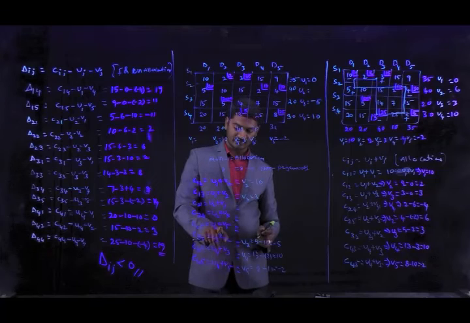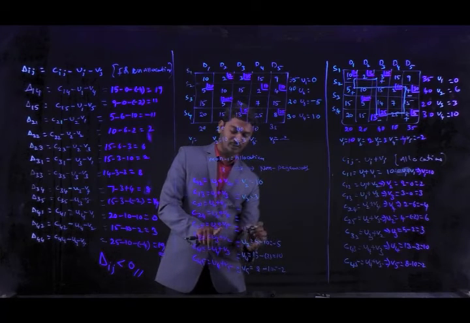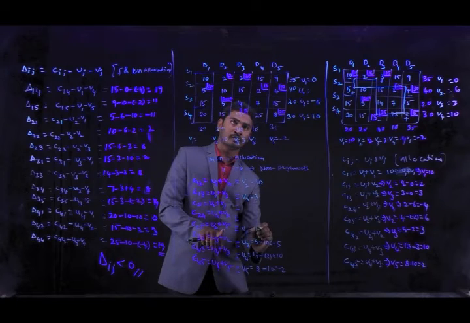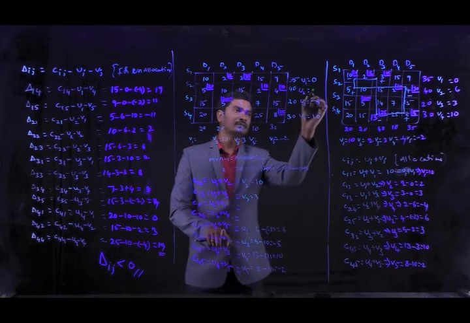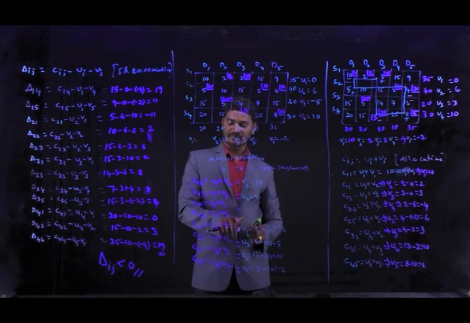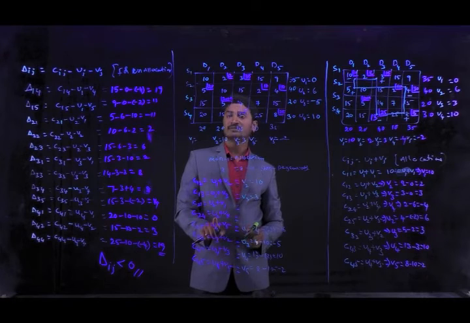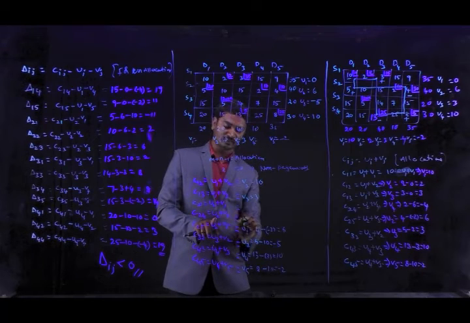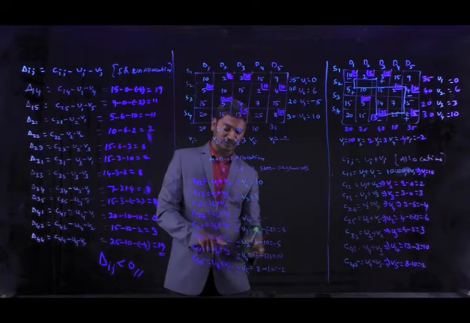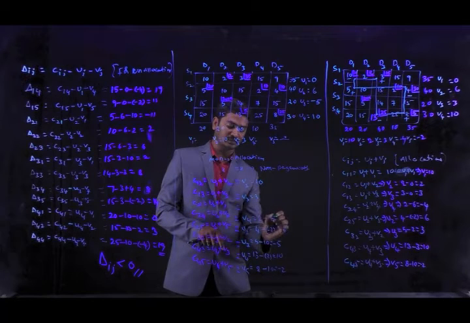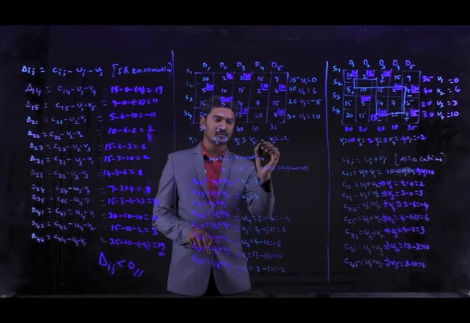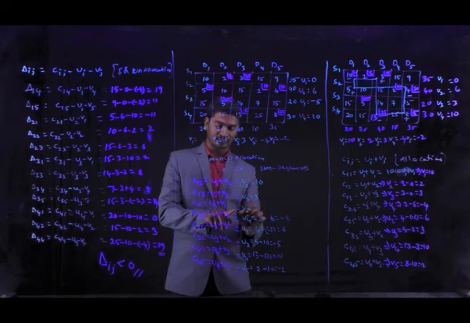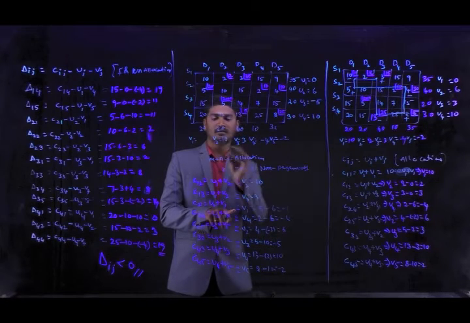Okay, next coming to here, from this we are going to get the U2 value. C25, what is the C25? 4 minus V5 is 2, so U2 is 6. Next, C24 means here the C24 value is 2, so from this we are going to get the V4 value: 2 minus U2 value. What is the U2 value? 6. So it is equal to minus 4. V4 is minus 4, and here V1 is C21 5 minus U2 6, which is equal to minus 1.